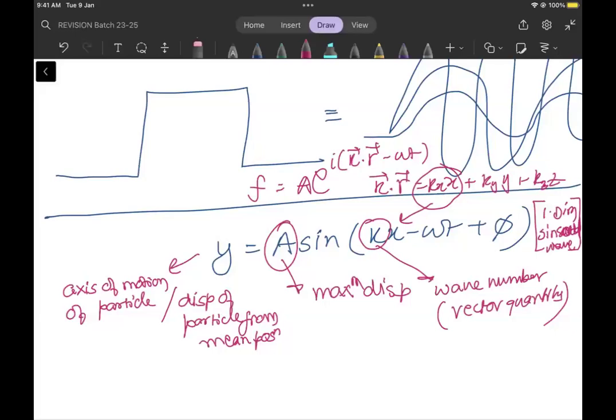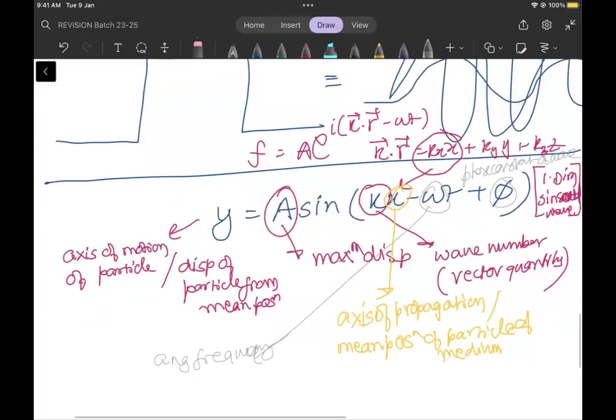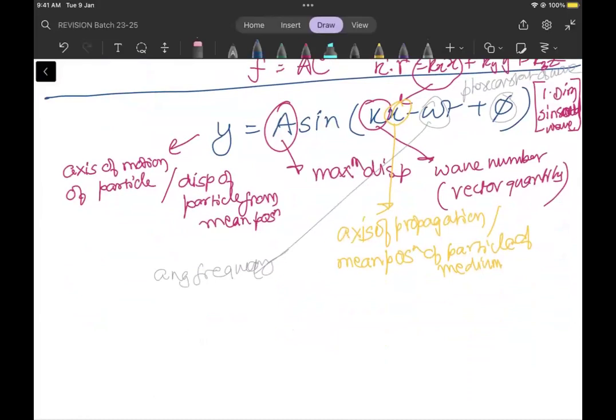उसके बाद से ये वाला जो x है ये रिप्रेजेंट करता है एक्सिस ऑफ प्रोपोगेशन. बता रहा है हमको कि ये वेव इस एक्सिस के अबाउट चल रही है और ये मीन पोजीशन ऑफ पार्टिकल ऑफ मीडियम भी हमको ये बताता है. उसके बाद से ये हो जाएगा एंगुलर फ्रीक्वेंसी ऑफ द वेव, टाइम हो गया, और ये हो जाएगा फेज कांस्टेंट ऑफ द वेव।